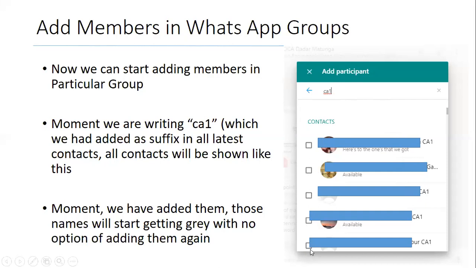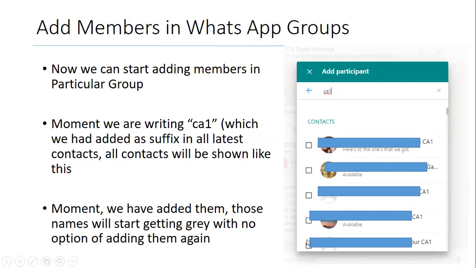So I can start selecting, and in case a member is already in that group, it will not allow me to click there. So for everyone's query, if the person is already there, it will not show you the option to add that member. You just have to type your suffix. Suppose you are doing a contact from 4 June, you write 0406 here, and then you can select all the members having the suffix 0406.